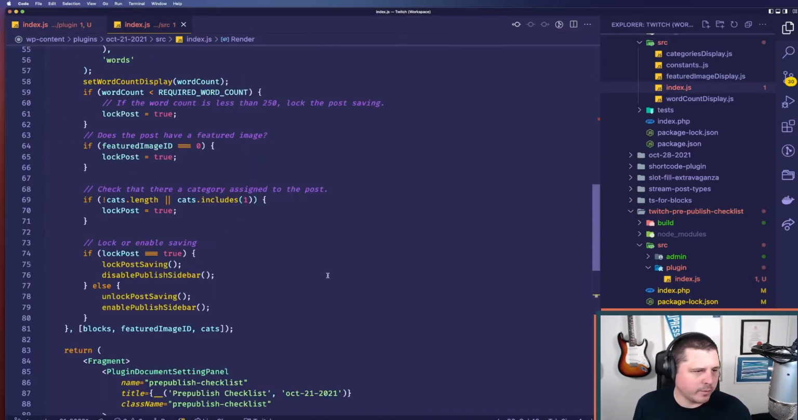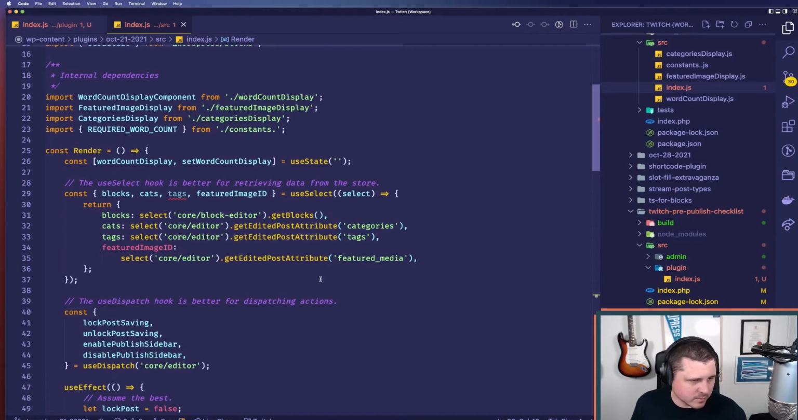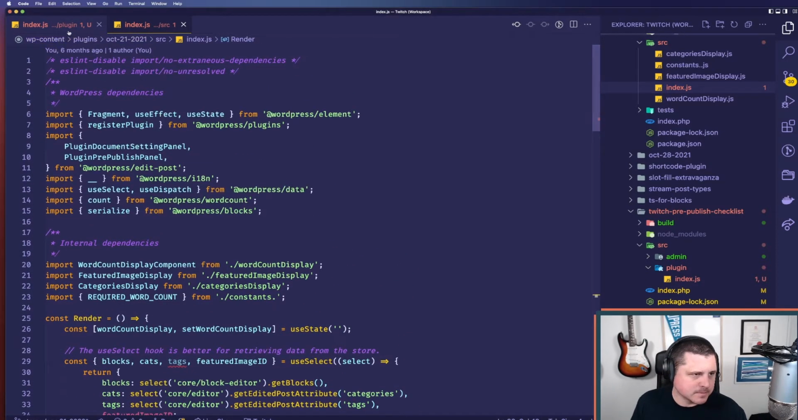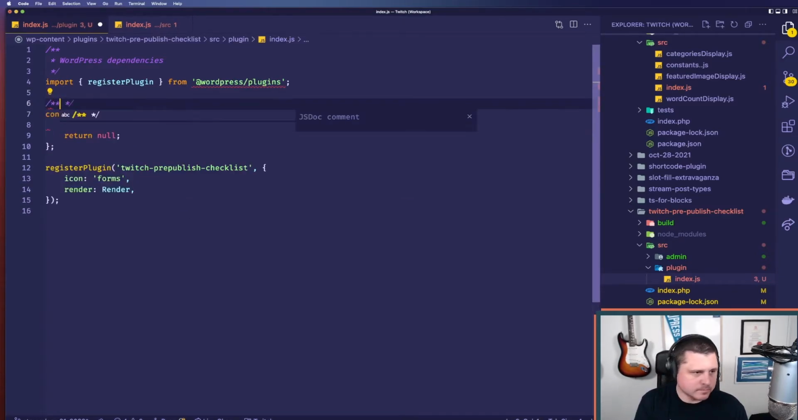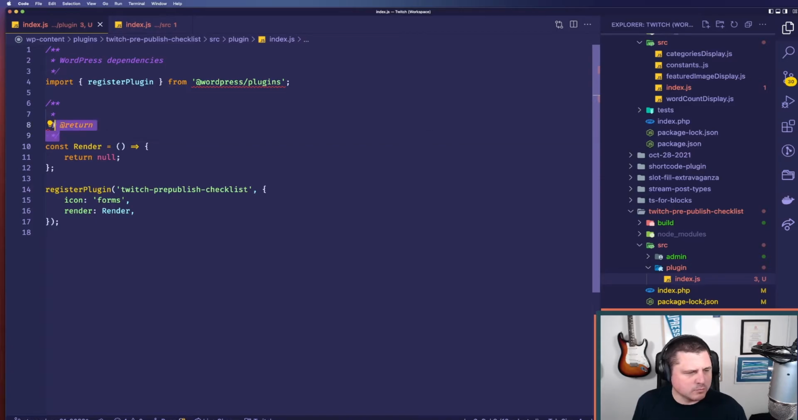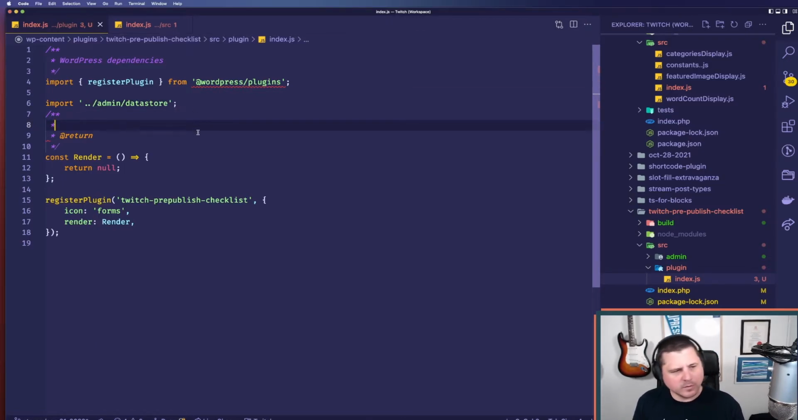But first, what we want to do is we need to hook up into our data store, right? So we're going to want to, I wonder if I need to register. What if I just need to import the store? Import admin data store. I wonder if that